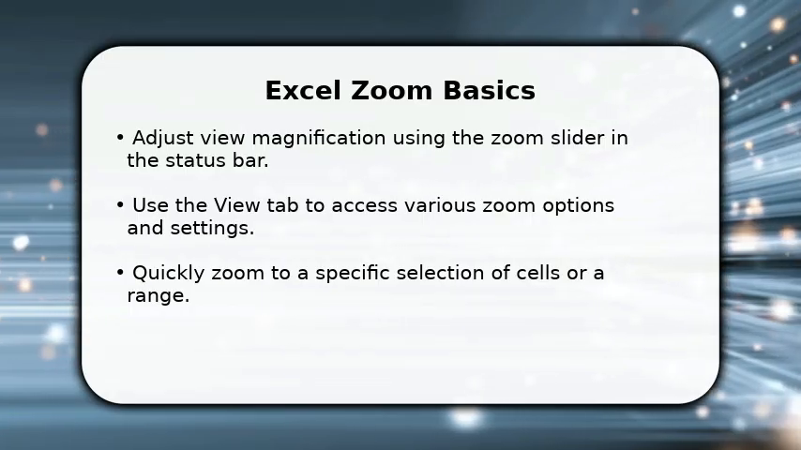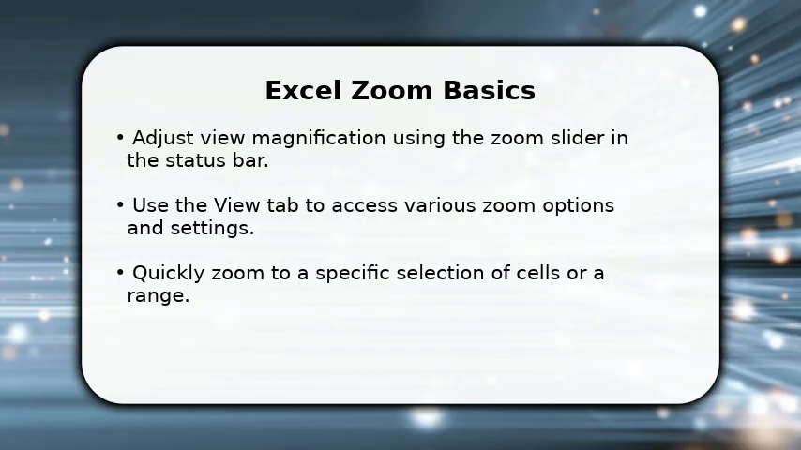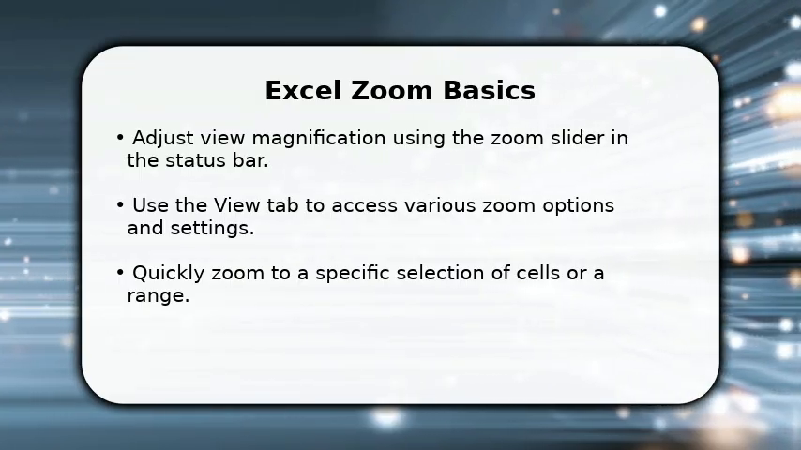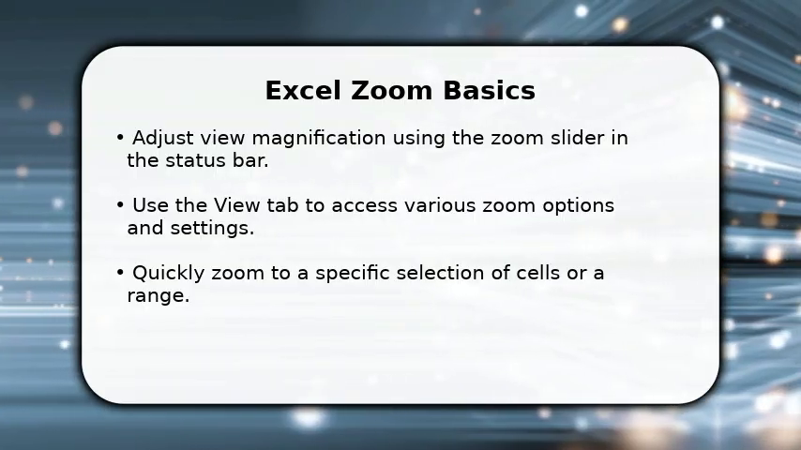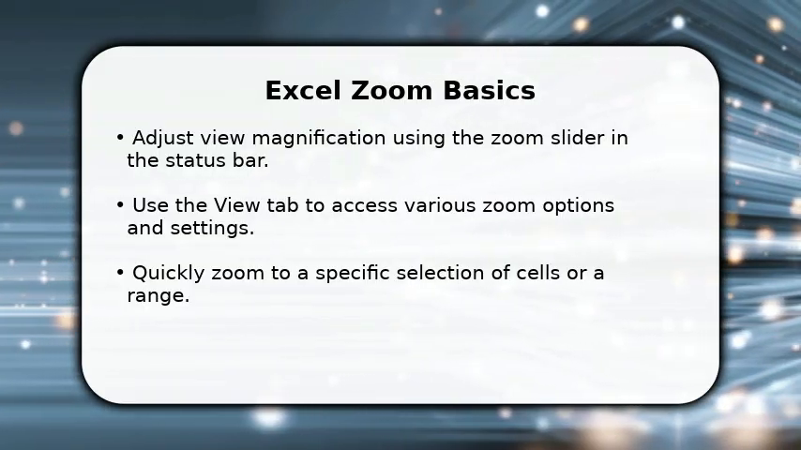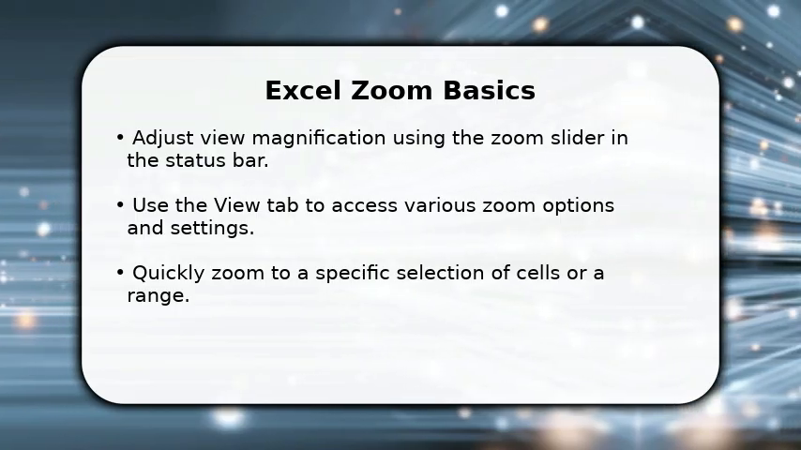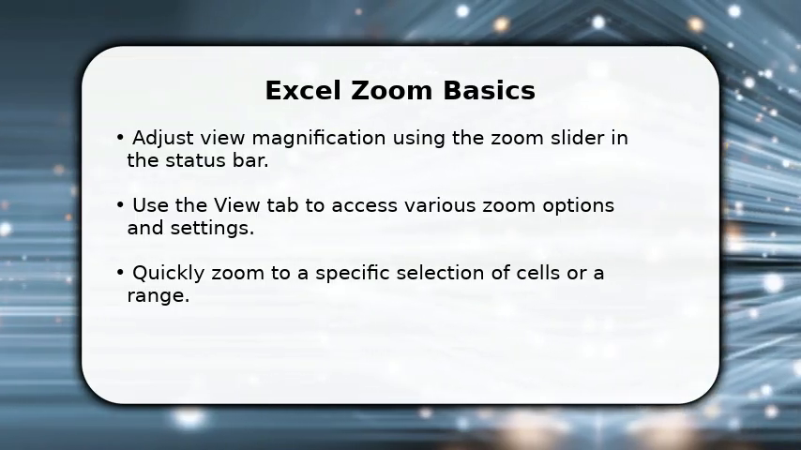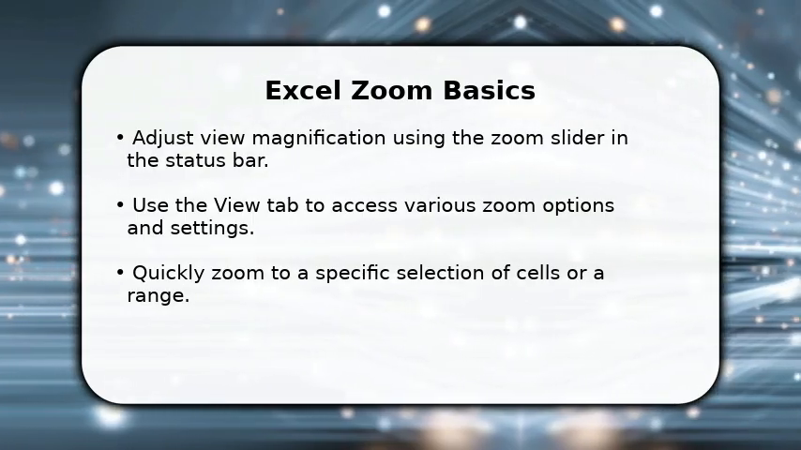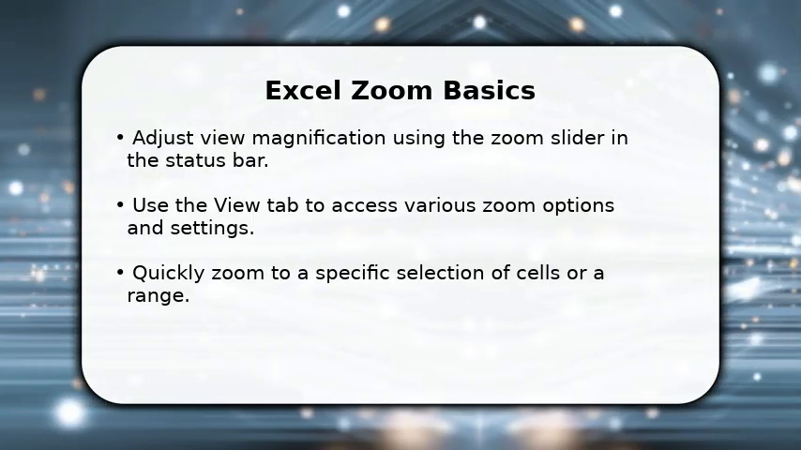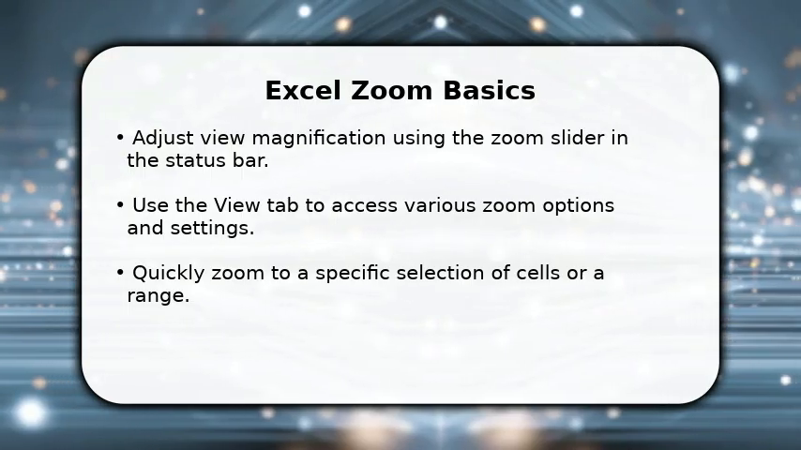In this video, I will explain how to zoom Excel pages. Let's start with the basics. You can easily adjust your view magnification using the zoom slider located in the status bar at the bottom right of your Excel window. For more control, navigate to the View tab on the ribbon, where you'll find several zoom options. You can even zoom directly to a selected area of your spreadsheet, making it simple to focus on specific